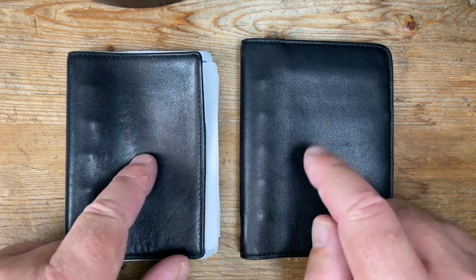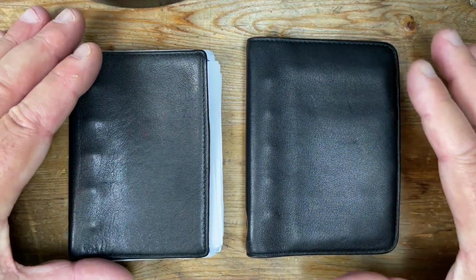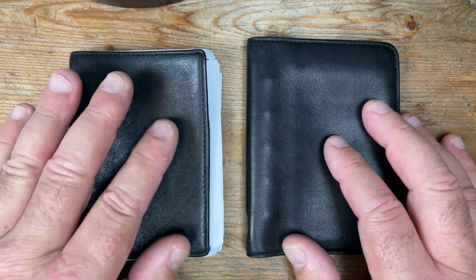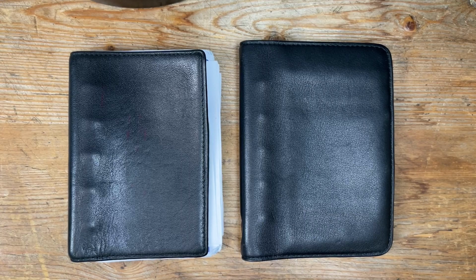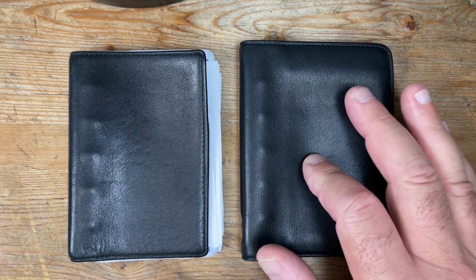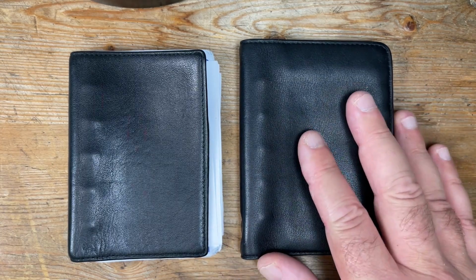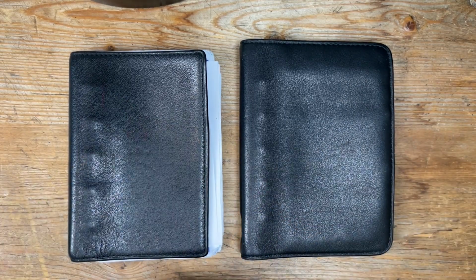But both of these work in a jeans pocket. There's not much difference in them. So if you prefer to have your paper within the confines of the binder, go for the Guildford Mini Executive if you can find one, and good luck. But I managed to find these. Both of these come from eBay sellers, and